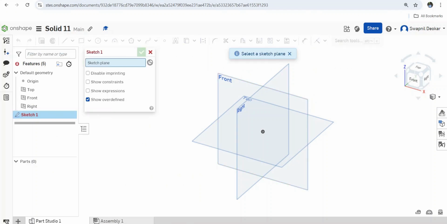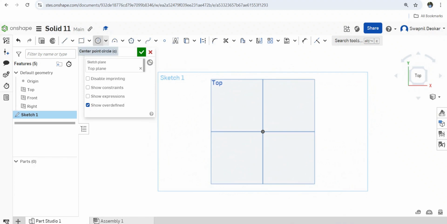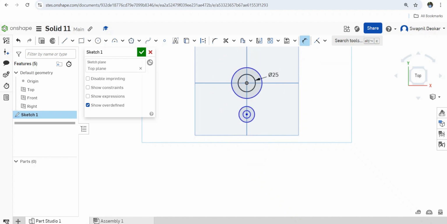Sketch on this top plane, view normal to sketch plane. So first I'm going to draw one circle, another circle on the same line. Now give the dimensions. So its dimension is 25, its dimension is 45 diameter, and distance between these two is 75,